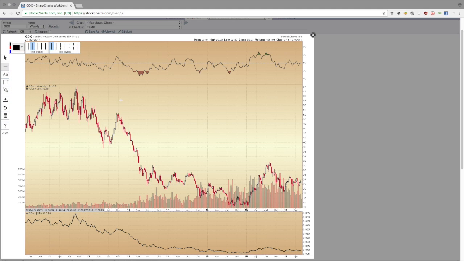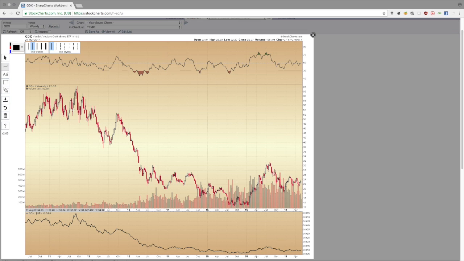I've been fine-tuning this over about a decade, and this produces the best results for me. Now, does it produce 100% results? No, no system ever will, including the largest banks in the world. As we saw in the crash of 2008, major banks can have their entire system wrong, and so we should never think that we have anything perfect or 100%. But what we do want to do is find a system that works on a balance of probabilities. And I believe that this is a high balance of probability system.